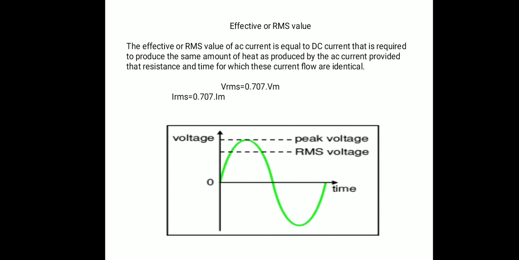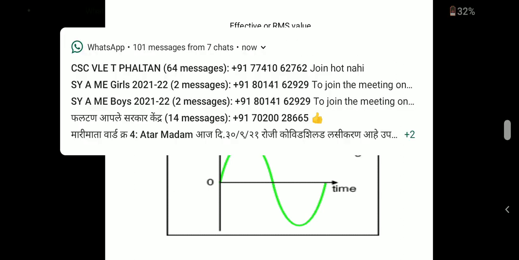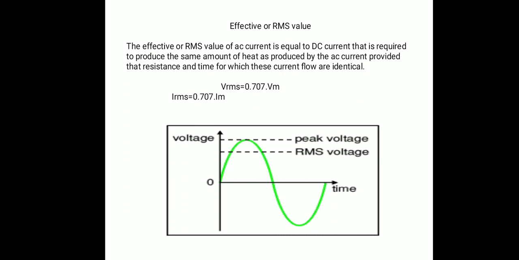So that AC current and DC current do the same work, and according to the energy and the power, they are equivalent. That AC current and that equivalent DC current produce the same amount of heat in the same time, which is called the RMS value. So what is basically RMS current? The RMS value of AC current is equal to the DC current. RMS value is nothing but the DC current, and that DC current produces the same amount of heat which is produced by the AC current.